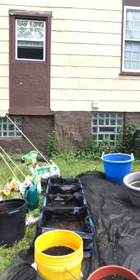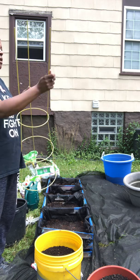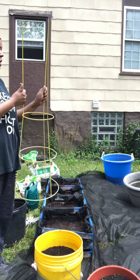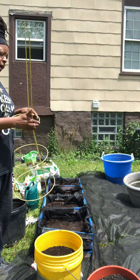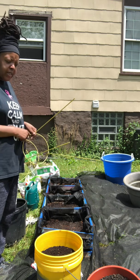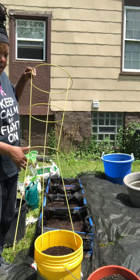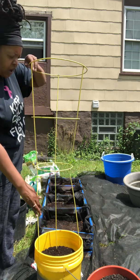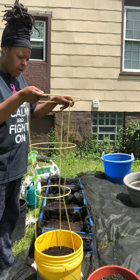I have my little tomato cage right here. I use these for my cucumbers because cucumbers are like a trailing plant, so they grow little tendrils and they attach onto trellises and stuff like that to secure the fruit. So I am going to put my tomato cage in here,